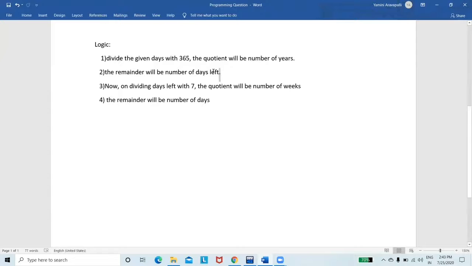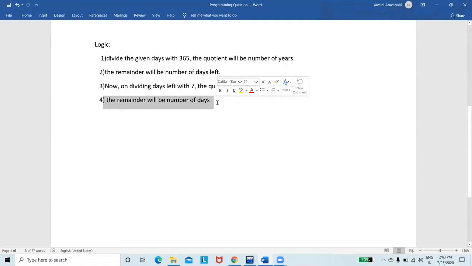Now, step 2. The remainder will be the number of days left. So we are done with years. And now let's see how to calculate weeks. On dividing days left by 7, the quotient will be the number of weeks. It's obvious. And now the remainder will be the number of days.